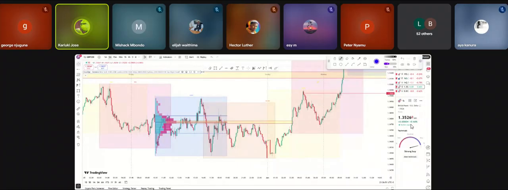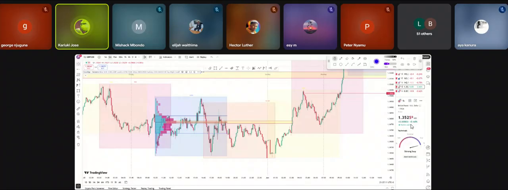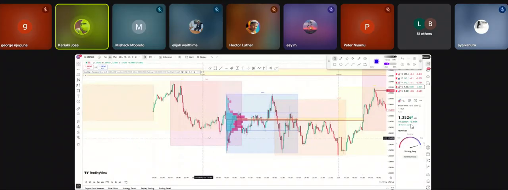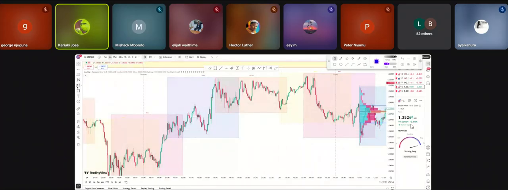So mtu probably alitrade alipata pips ngapi? Alipata 30.2. You can see the advantage ya kutumia currency pairs venye zinafaa kwa each and every session. You can't use the GBP JPY kwa London. Unaweza tumia GBP USD kwa Tokyo. Unaweza tumia USD CAD kwa Sydney session. So each and every session lazima ujue ni pair gani inakuanga aggressive sana at that specific time. Like that ndo ujue utaweka your point of control